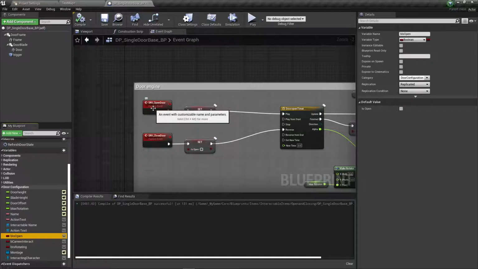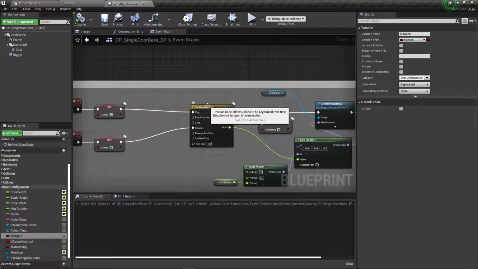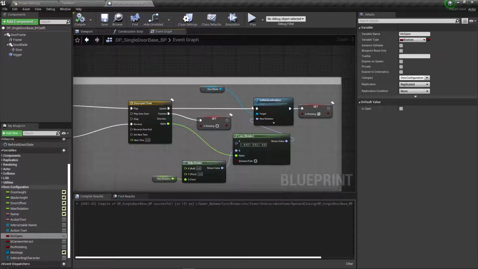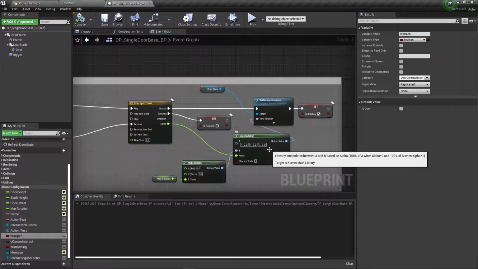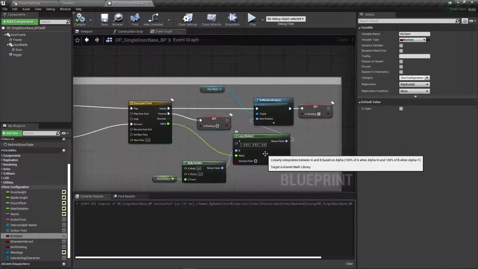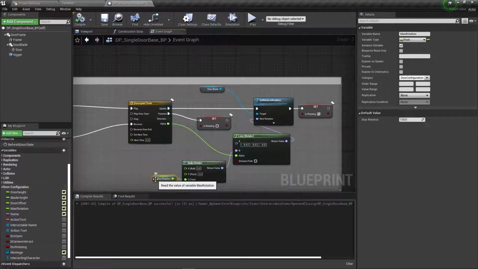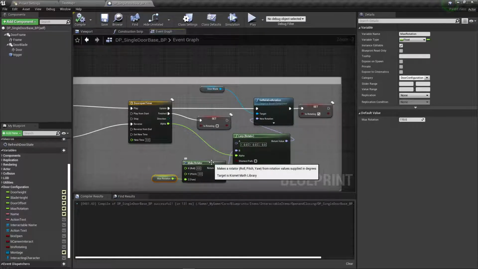So the moment we are opening the door, we set is open first, then we start playing. Then on the update, the door blade will start rotating with the lerp from 0 on the relative location, not the world location. Then we set the max rotation on the z value, and it will lerp from 0 to the max value over the time of the alpha. Okay, and then when it's finished,